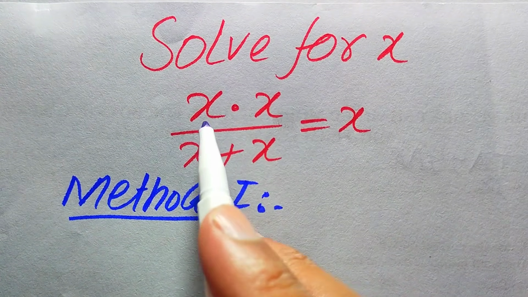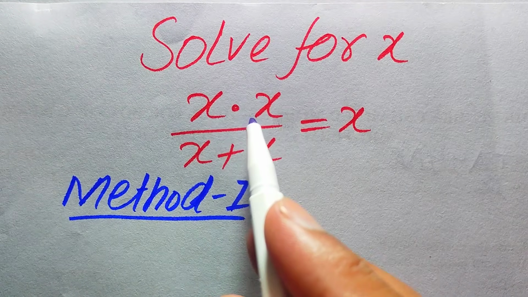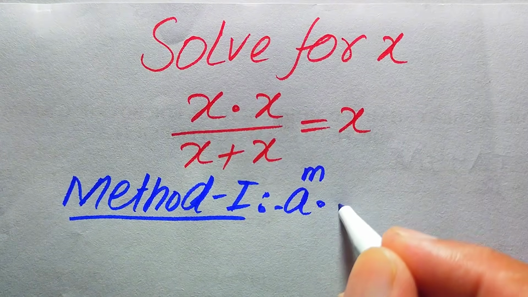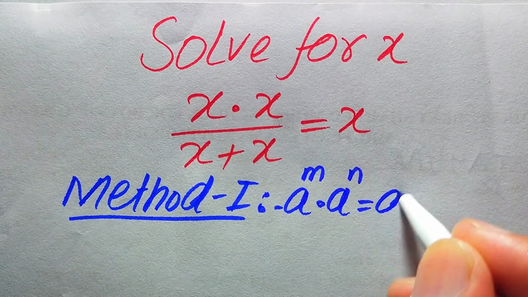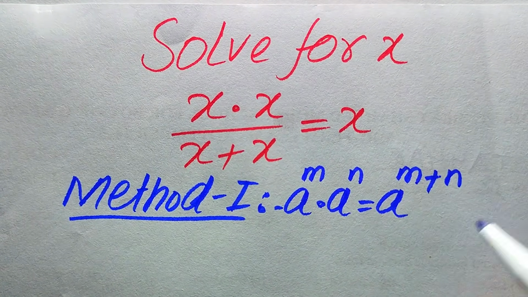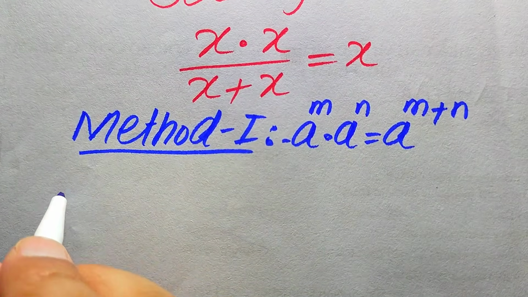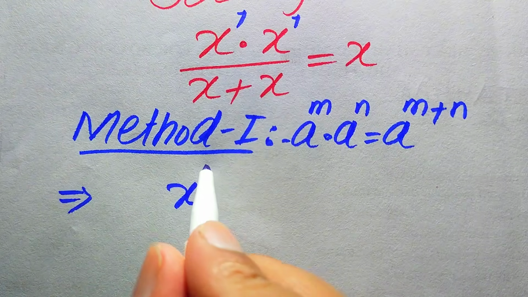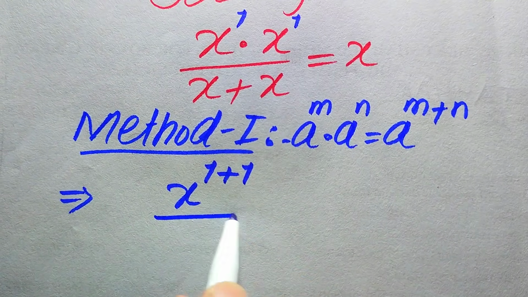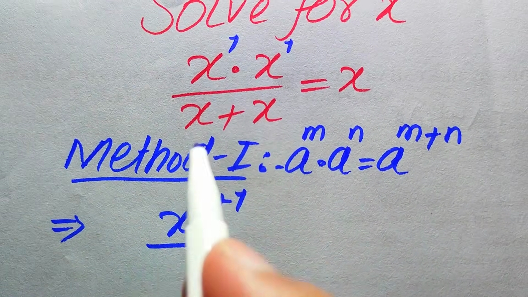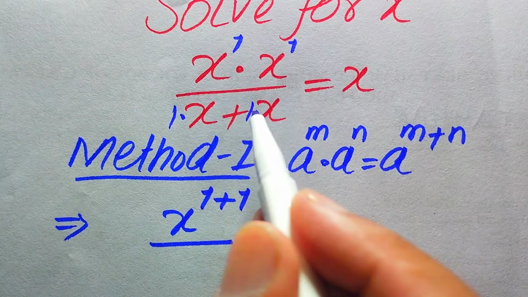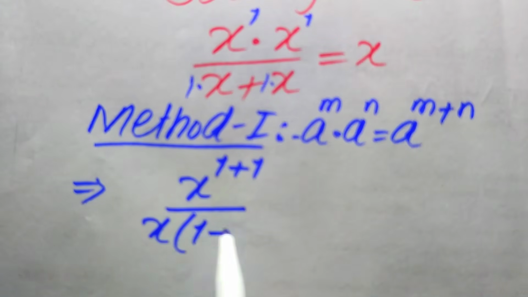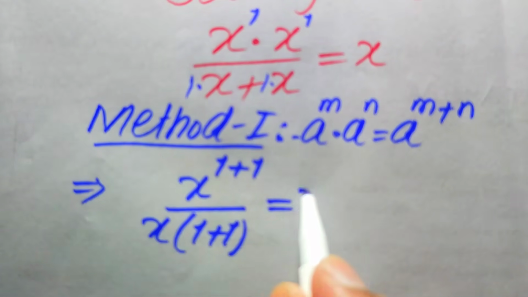In the first method, you see here these are two same variable terms multiplied by each other. So we use this nice exponential rule: if we have a to the power of m times a to the power of n, this is equal to a to the power of m plus n. According to this rule, you see that the exponents of both of these two terms are 1. So we write it as x to the power of 1 plus 1 divided by, here you see that the coefficients of both of these two terms are 1. So we take common x from here and we get the remaining value 1 plus 1,